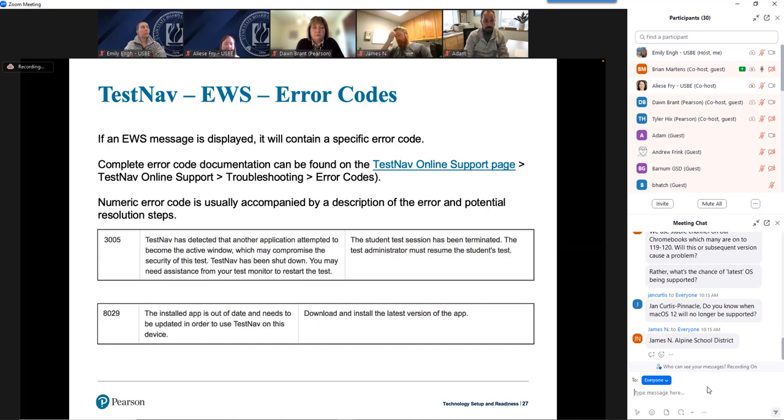for each of these, it will tell you what you can do to get past that error code and continue testing. So just be aware all these error codes are out there. Just be aware of where they're at, know how to get to them in case you run into them, so that you can potentially solve any issues that you encounter first by yourself instead of having to call support. If you do need to call us, by all means, we're happy to help you out, but usually you can get yourself back on your feet a lot faster if you know where these error codes are listed out online and how to get some advice from this online documentation on how to solve your problem.